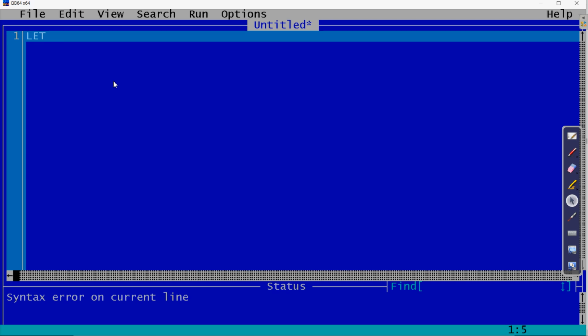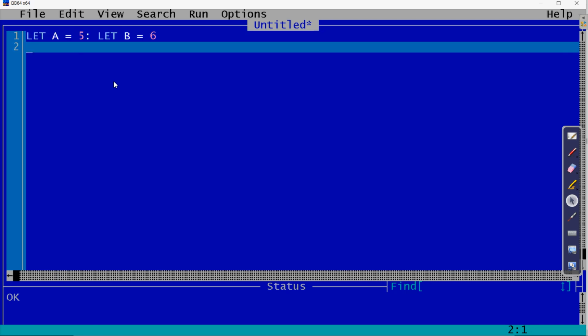For example, if I am writing let a is equal to, suppose I am writing 5. Okay, then we are using the colon symbol to write two statements together. So here suppose I am writing let b is equal to 6. Clear? So this way we have written two statements in a single line.